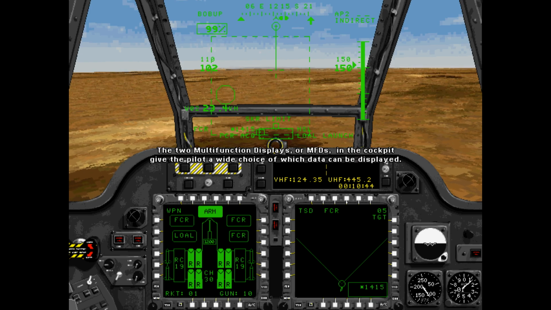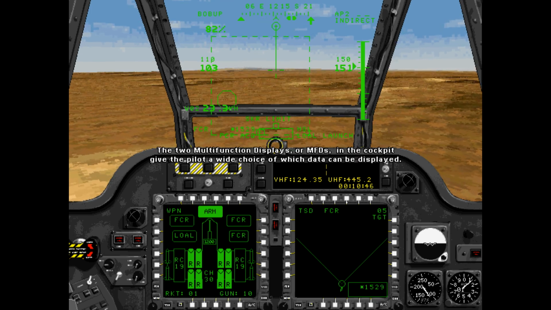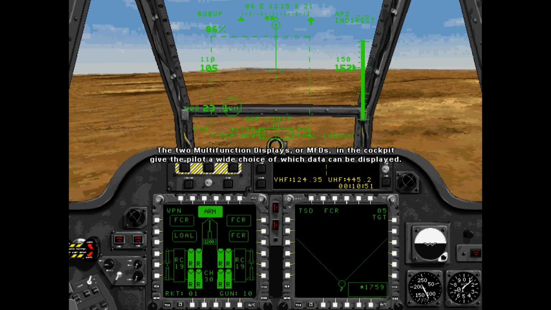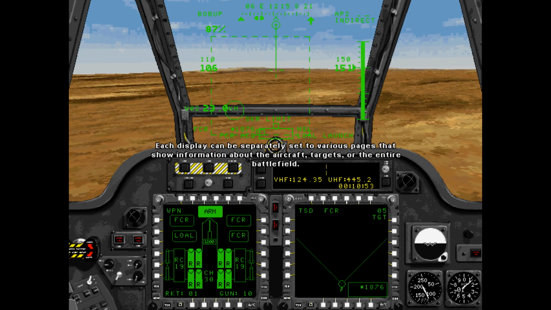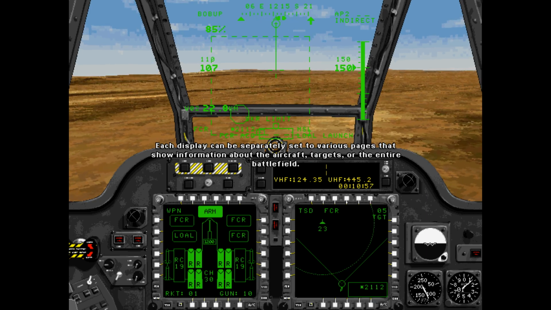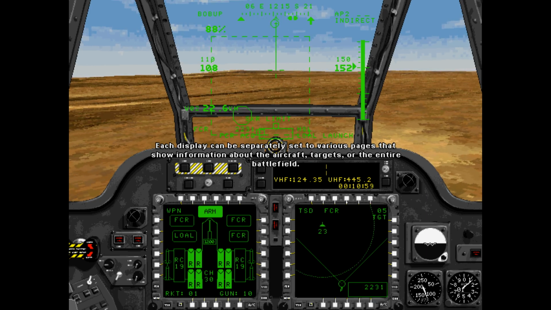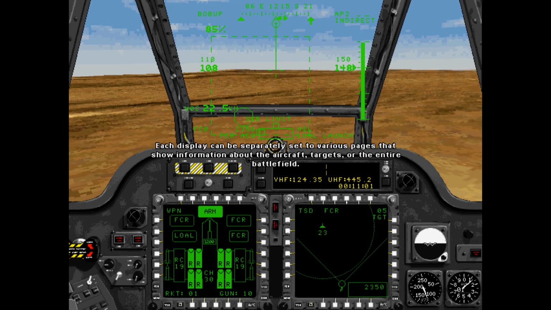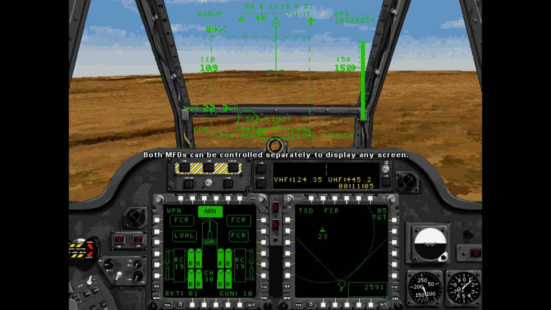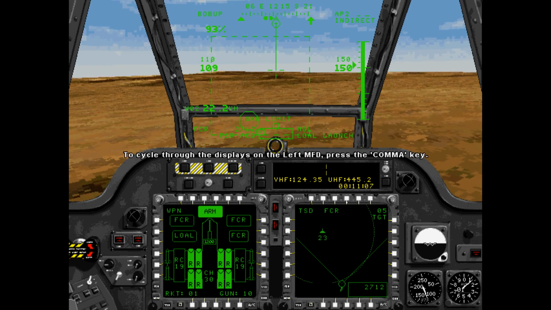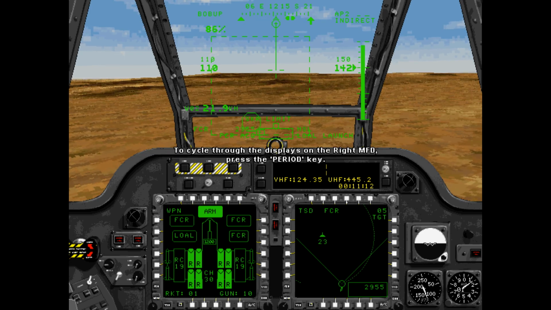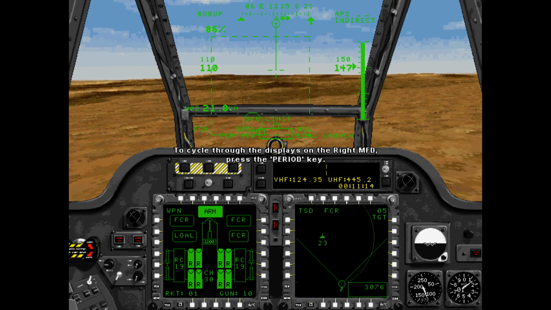The two multifunction displays, or MFDs, in the cockpit give the pilot a wide choice of which data can be displayed. Each display can be separately set to various pages that show information about the aircraft, targets, or the entire battlefield. Both MFDs can be controlled separately to display any screen. To cycle through the displays on the left MFD, and on the right MFD,